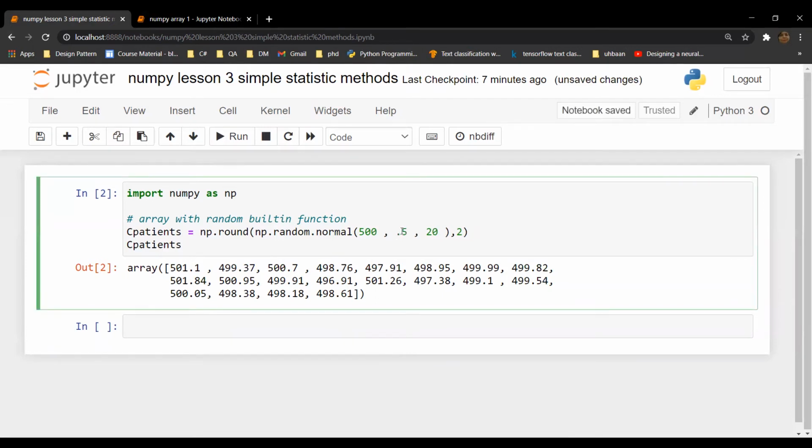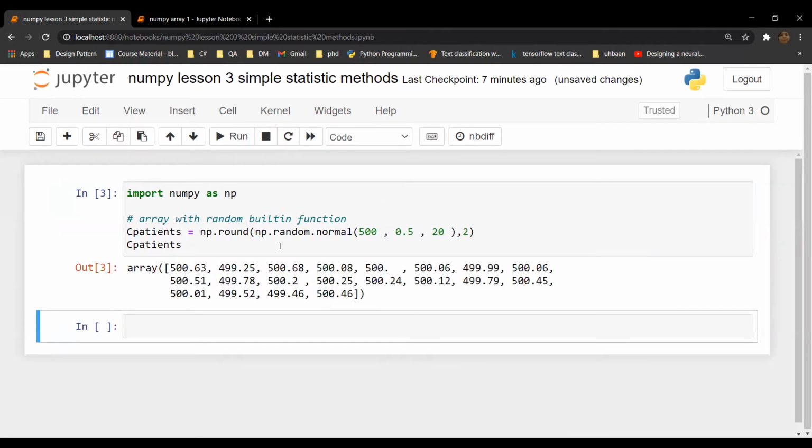If I put 0.5, it will change the data values. If I put 2000, or 50, or 100, it will create that many values.